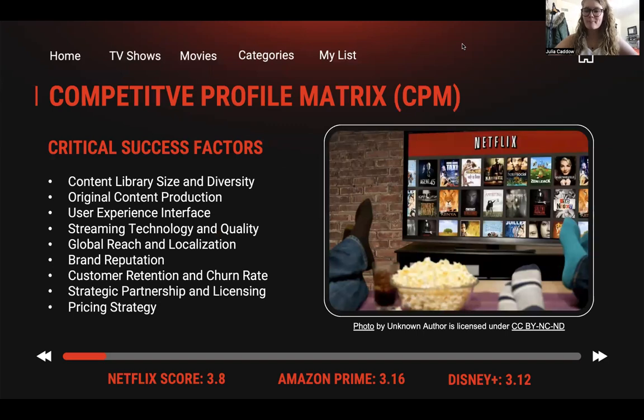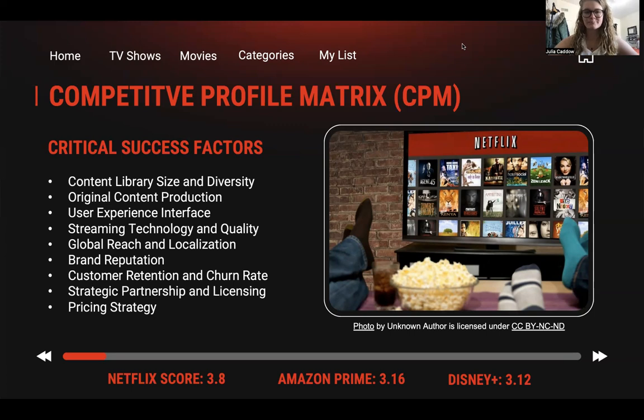The CPM measures Netflix against two of its top competitors, Amazon Prime Video and Disney Plus, against several critical success factors, including content library size and diversity, original content production, user experience interface, and several more listed here. Netflix has a total score of 3.8, which is higher than both Amazon Prime and Disney Plus at 3.16 and